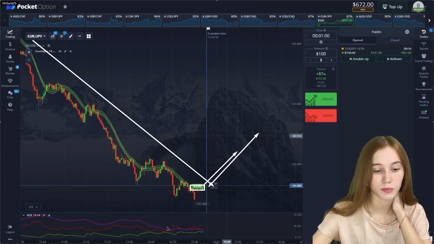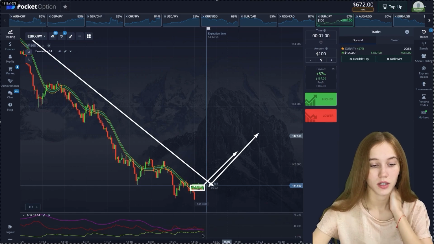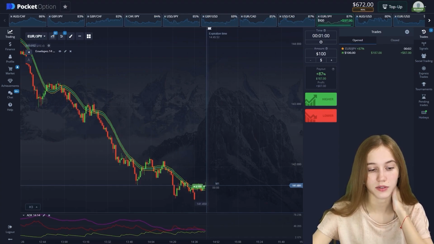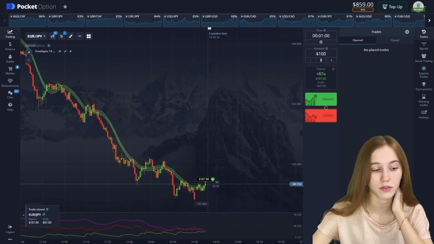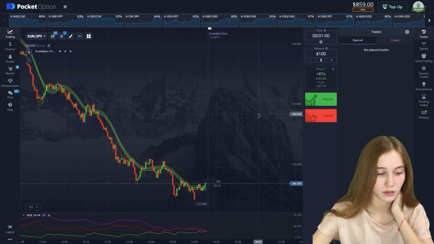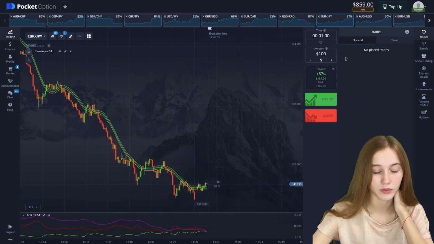What we see from the ADX indicator, the intensity begins to drop but remains stable. The red indicator begins to fall and the green starts to level out. In the future, there will be an intersection and a change in trend. There is a second left until the end of the deal. Profit is $87. Yeah, good. So our balance is $859. And let's move on to the last